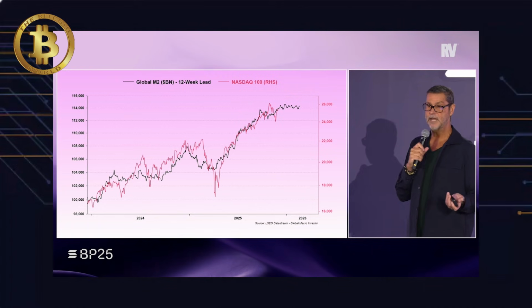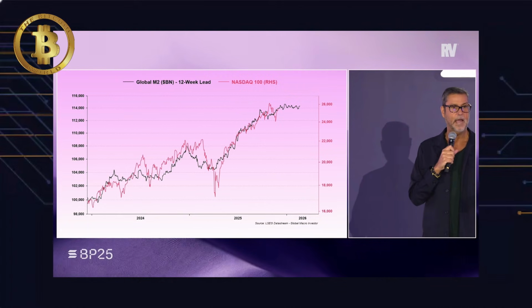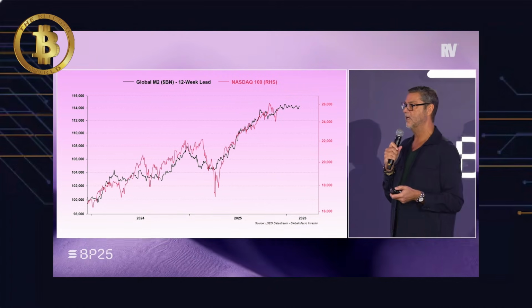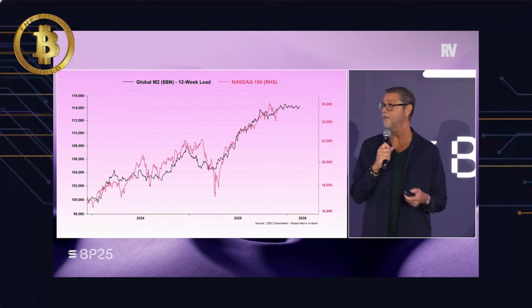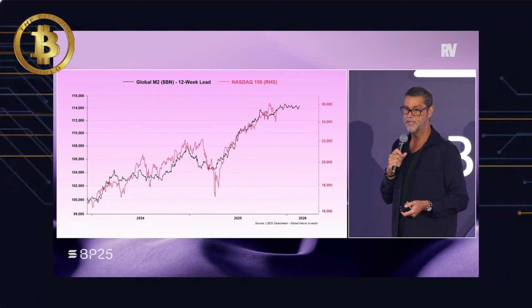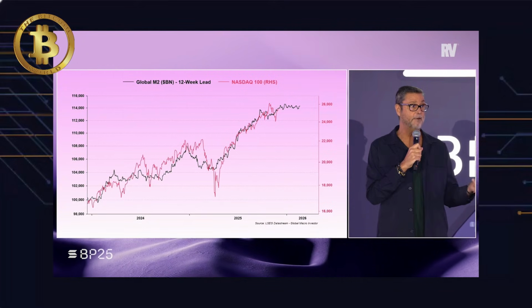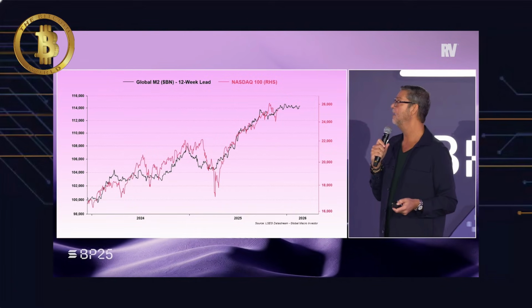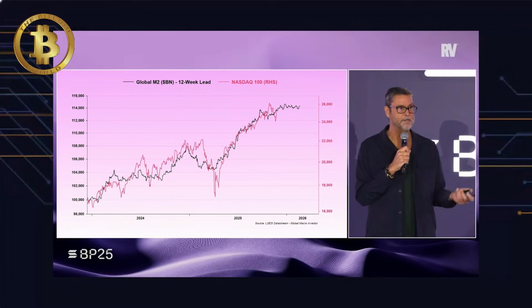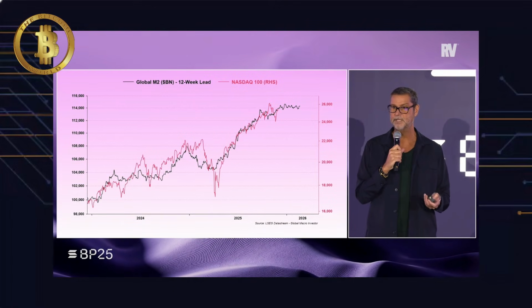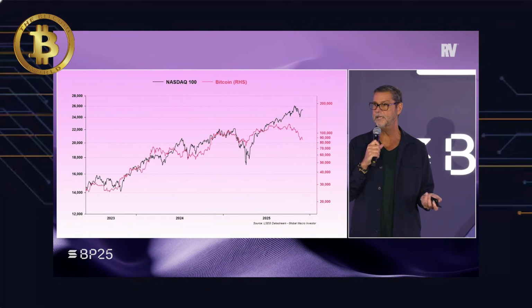Global M2 against Nasdaq has worked fine. And the reason, again, is because asset allocators were underweight Nasdaq. It had been a good performer all year, and they've had to chase their benchmarks. So we've seen this kind of stuff. Even though we've had fear and greed in technology stocks extremely on the fear side, people have had to chase the market. They didn't do it in crypto because they're not benchmarked against it. But it's still working. But Nasdaq against Bitcoin hasn't.